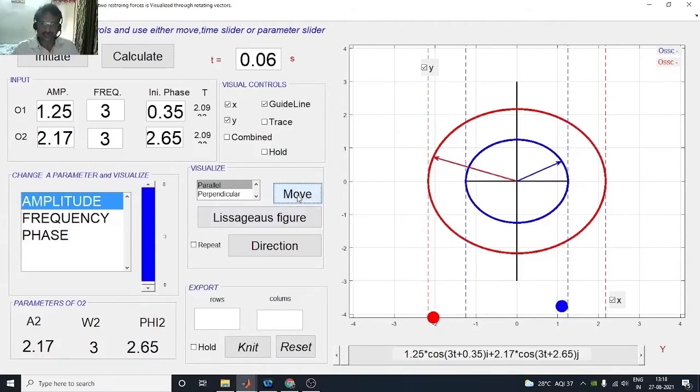Let us see. So as a function of time, if you observe any one of them, it goes in a circle. If you look at the tip of the arrow, it traces a circle. At any given time, the x component of that vector gives the displacement of that oscillator from the equilibrium position. And as you can see, since both the frequencies are same, the angle between both the harmonic motions is constant. It does not change with time. The red oscillator goes between these two extremes, and the blue oscillator goes between these two extremes.